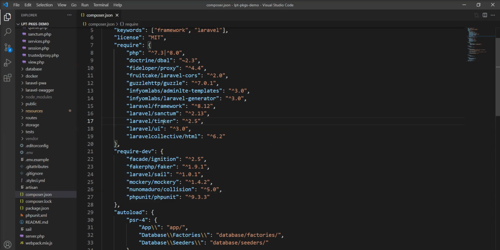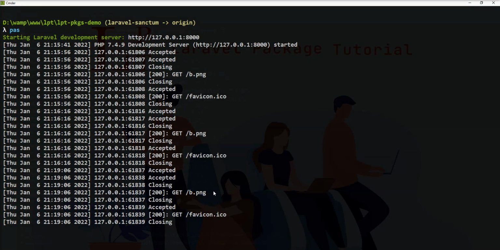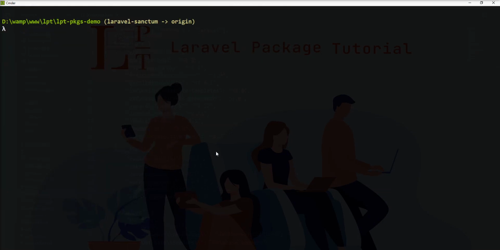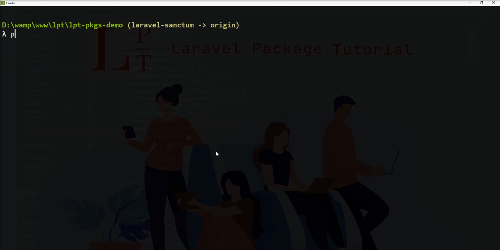And if you want to publish the configuration file, you can publish it using the vendor publish command. Let me show you so you can get an idea how you can do it.